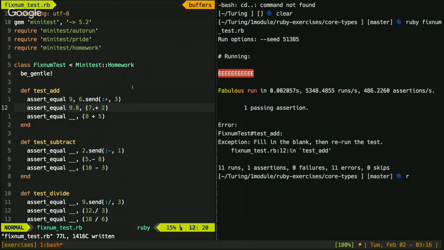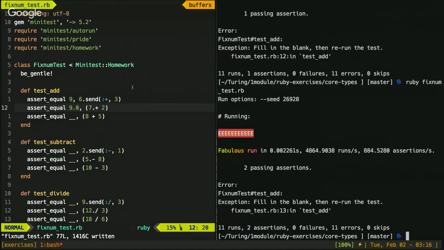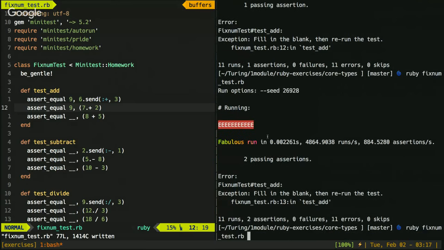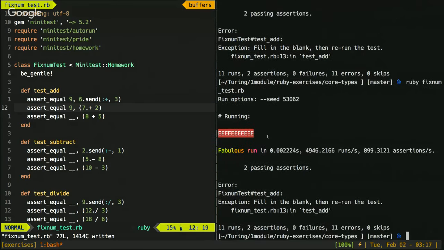We run our Ruby fixnum test again, and we'll see what it says. Two passing assertions, and that looks like it was right. So let's see what happens when we just do 9. And both work. So you should look into this and let me know tomorrow why you think both work in this case.